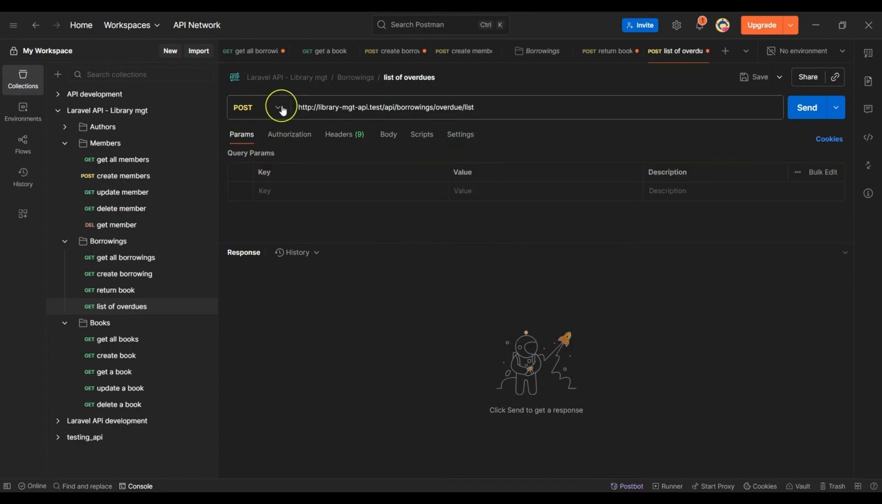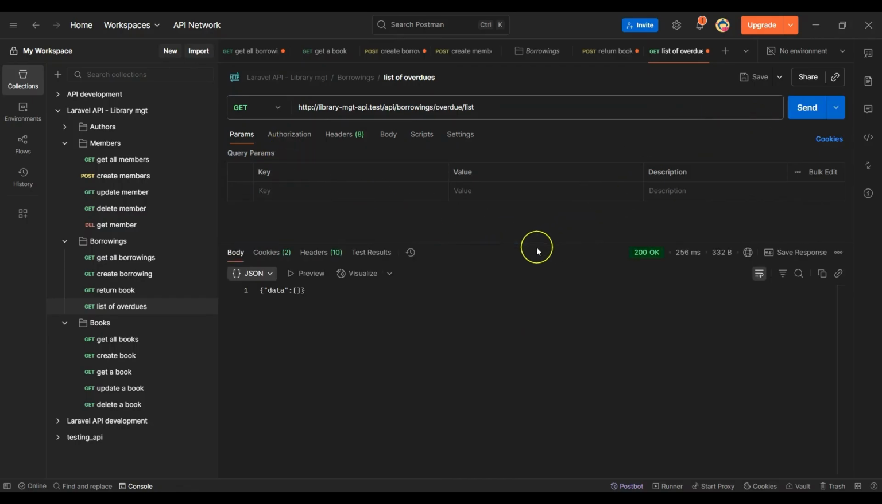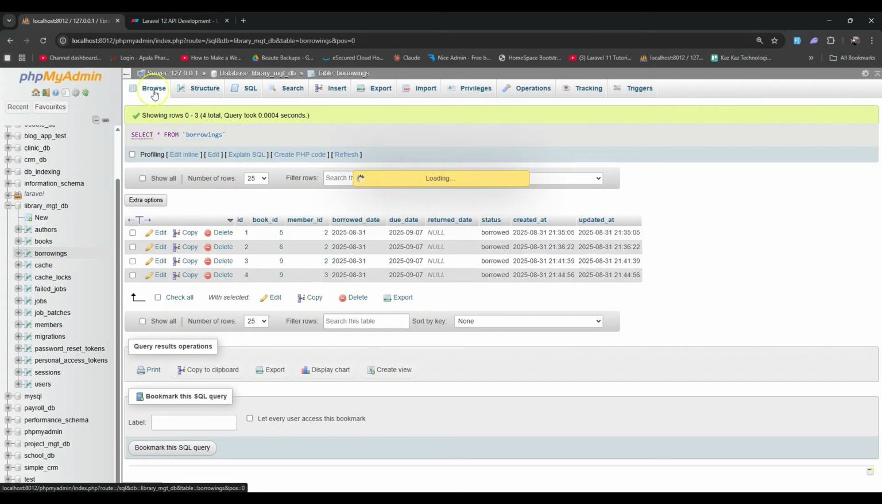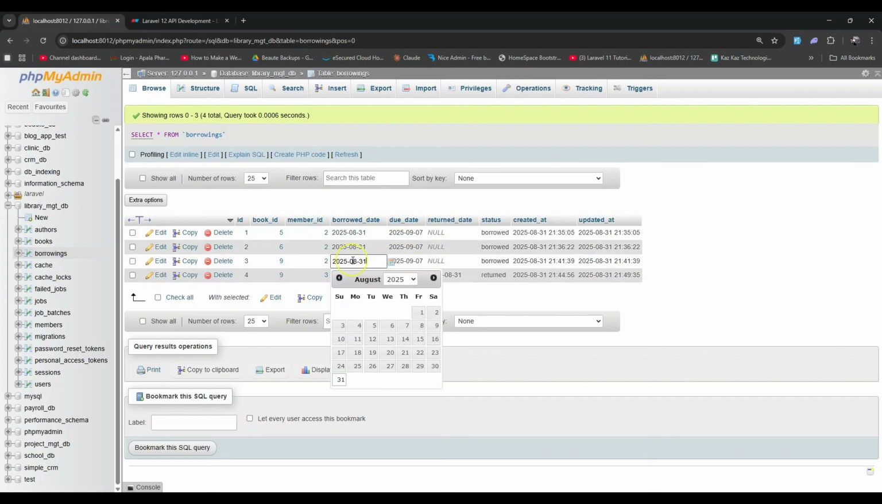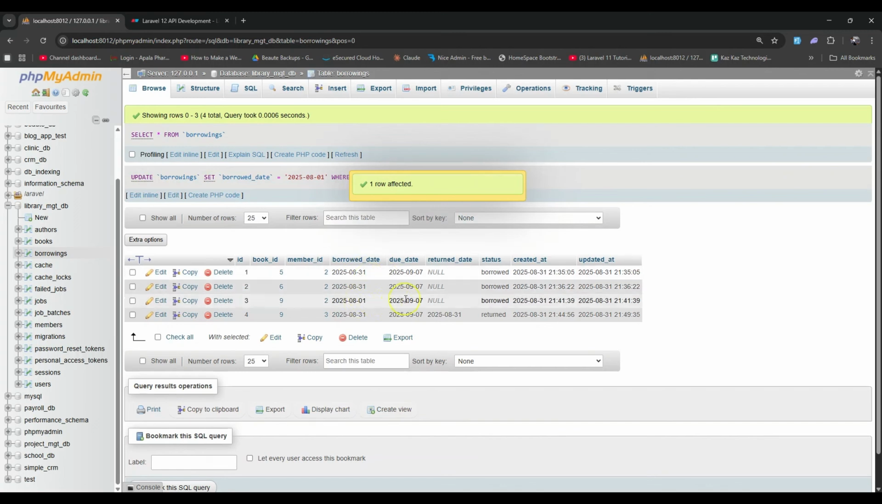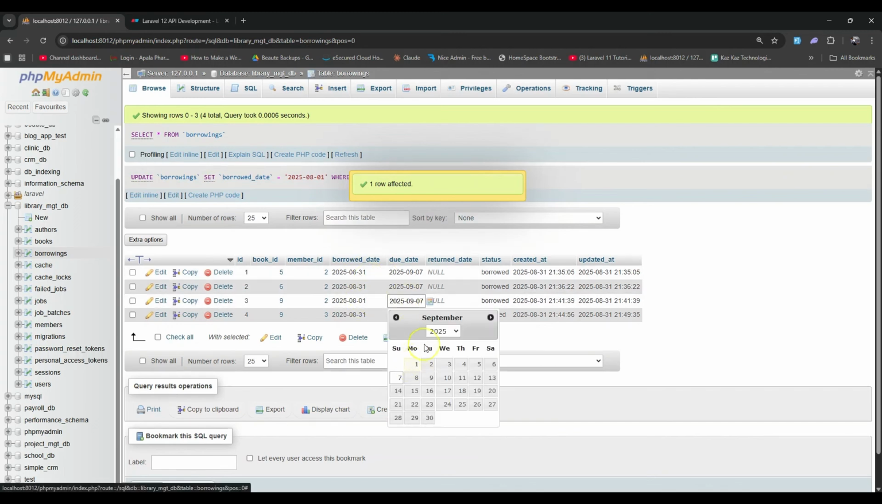Okay, after that, this should be a GET request, and then let's send that request, and you can see there is no overdue request. So to test that, let's refresh this, and I can update the due date. Let's change this one. Let's return it back on the 1st of August, and then for the due date, it was supposed to be returned on,